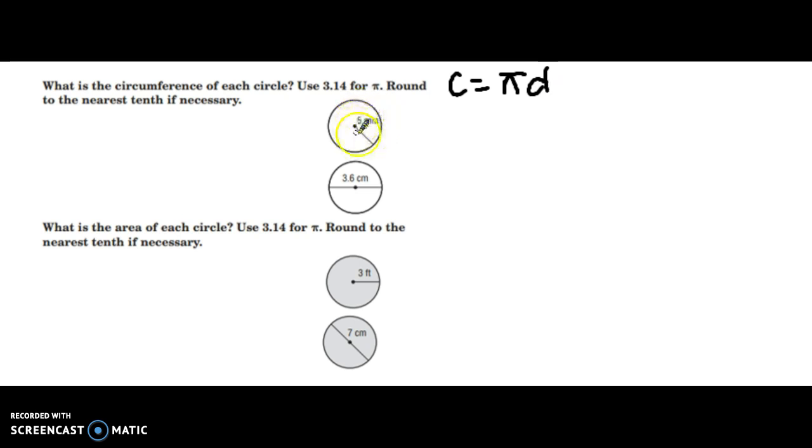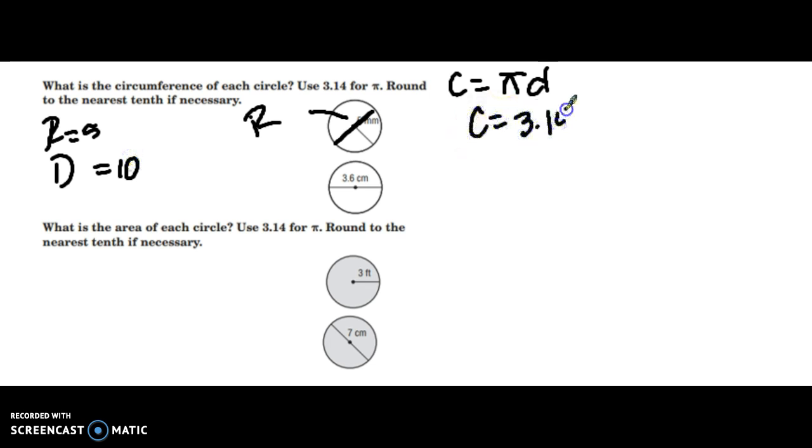For the first one, it gives me 5 is halfway through, so that is my radius. If the radius is 5, then the diameter is what's going to go all the way through. So it's double the radius. The diameter is double the radius. So the diameter is 10. C equals 3.14 times 10. The circumference is 31.4